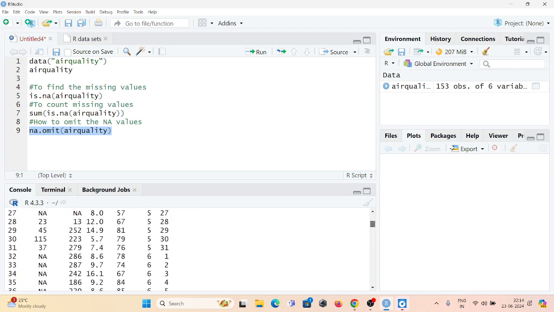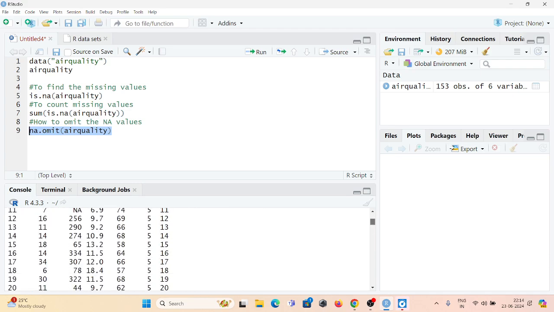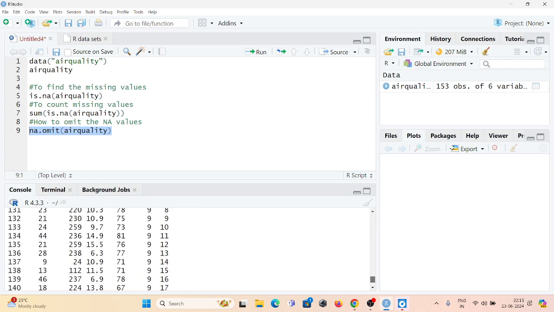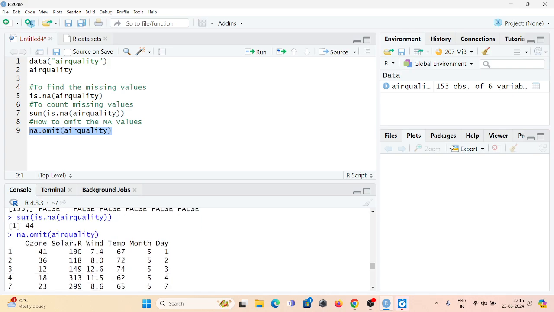Let me check whether it is actually containing the NA value. So here this is the original air quality data set. Here you can see that the fifth row consists of two NA values, the sixth row consists of a single NA value, and as we are omitting the NA values from the air quality data set, it will omit the rows that consist of the NA values and will display the actual values present in the rows, right? So that's why it is showing us this air quality data set by omitting the NA values or null values, right?